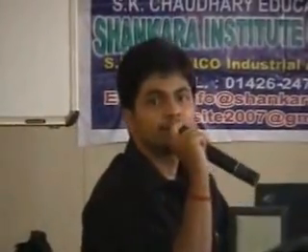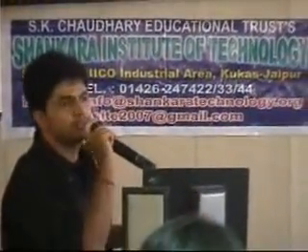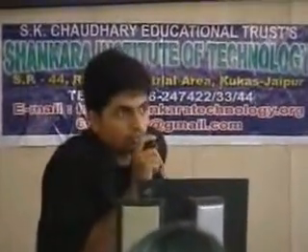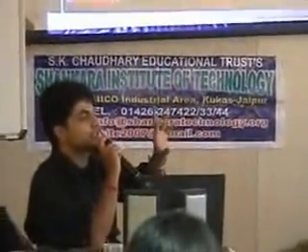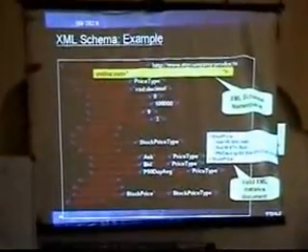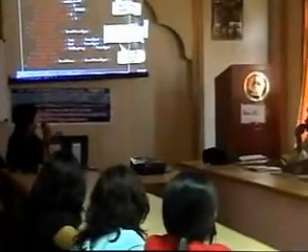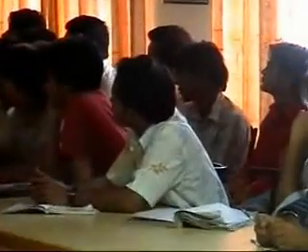How are we going to differentiate between those tags? So in order to differentiate between those tags, you will have namespaces. Namespaces you must have studied in C++. So what does that do basically? It provides you with that environment to separate two similar things. Okay. So whenever you are creating XML schema document, you'll see over here the blue line, yellow line is showing your namespace. So suppose two different namespaces have got the same schema name, same element name, then you can differentiate between them by specifying, okay, this belongs to this namespace.